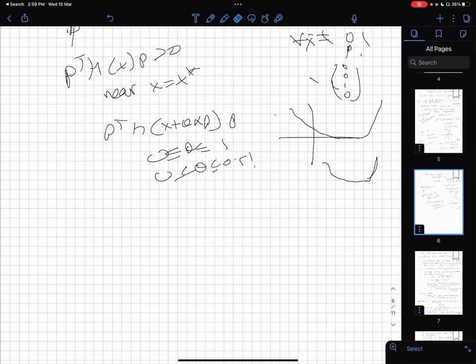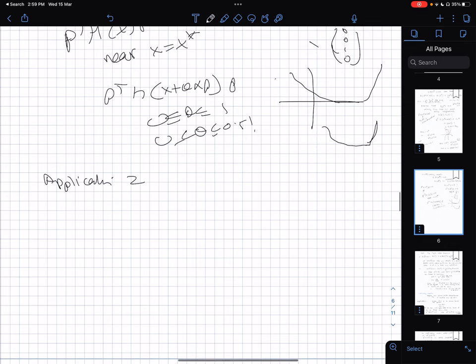Now let's look at application number two. Application number two is minimize f of x subject to some set of linear equality constraints. So I call this the LEP problem. I'll call it linear equality constraint programming problem. Again, f is a function from Rn to R, and I am taking f to be twice continuously differentiable, and my requirement is